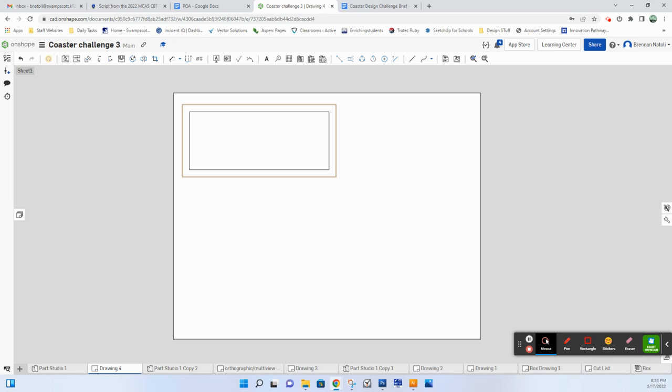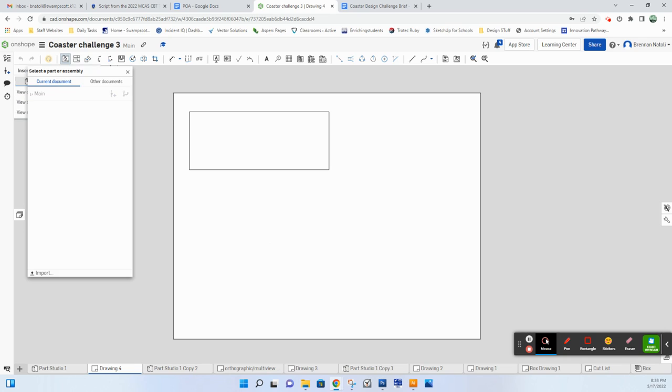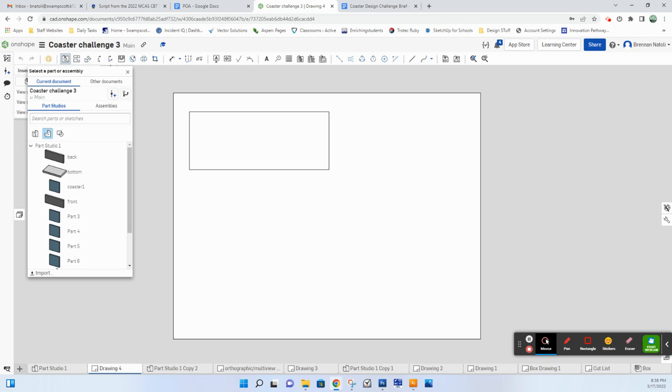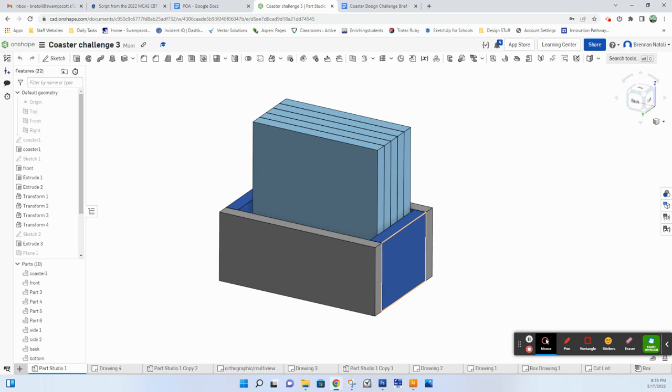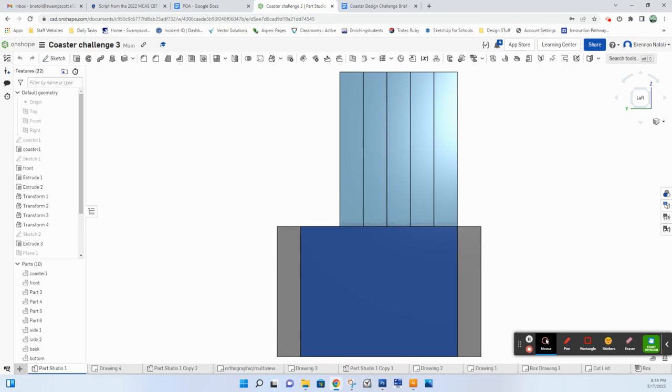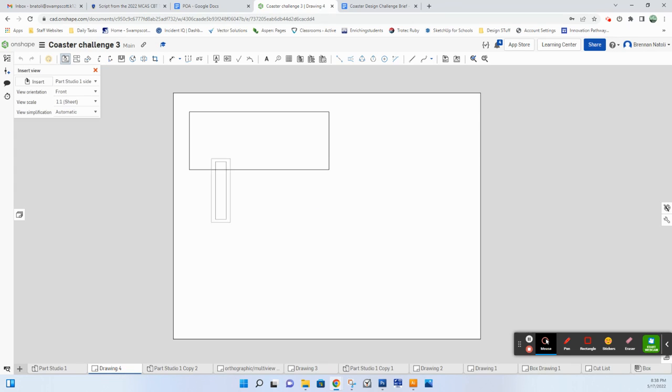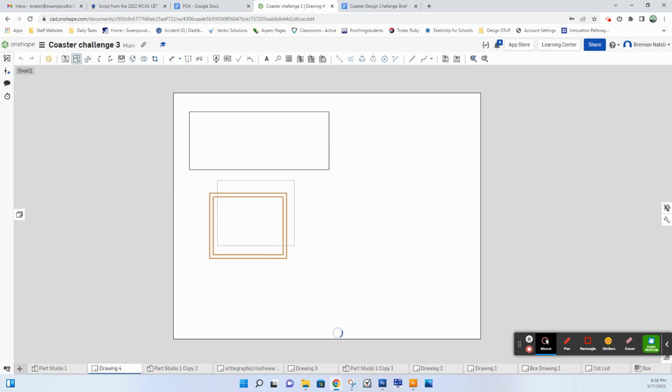Now, I'm going to go back and insert another view. I want to click the insert button here because I'm going to change the part. So I'm going to go back to Part Studio 1. I want to insert one of the sides, so I'm going to scroll down until I find the side. Now, I don't want to show the front view of the side, right? If you look at the orientation of the model, I want to show this face here. That would actually be the left side, so we want to make sure we're showing that. So I'm going to change my view orientation to left, and yours might be different depending on how you drew your model. I'll place this here. So I have my front, my side,